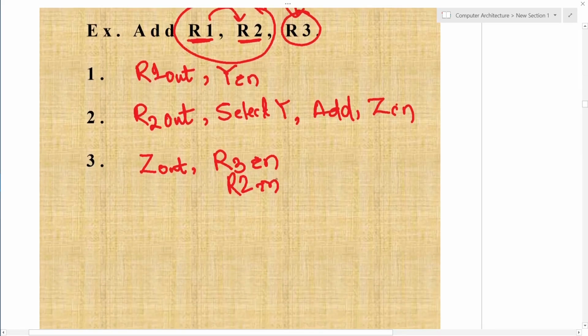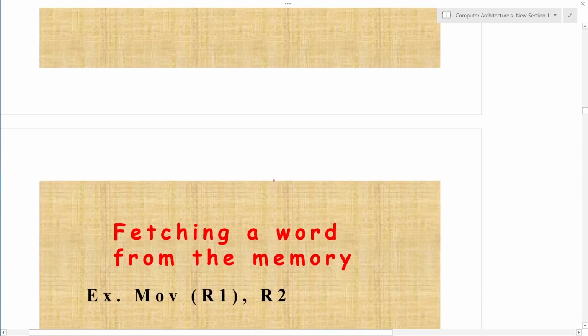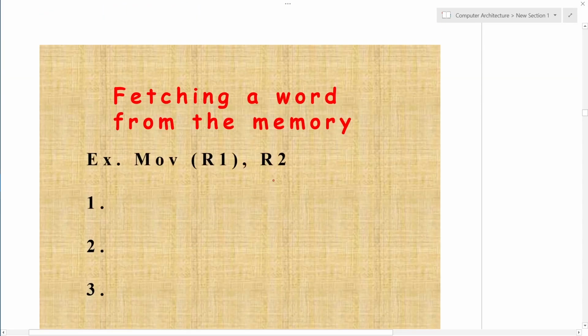Now move to the next example. This comes under the second category, that means fetching a word from the memory. What is available in the memory, I have to fetch it.